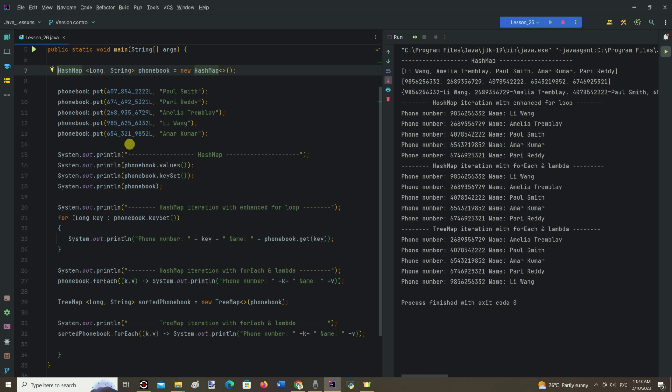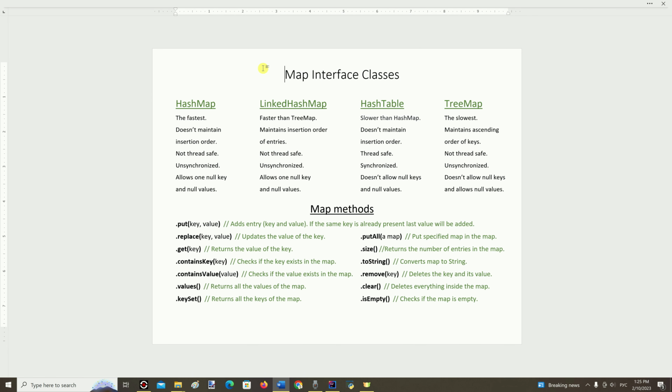Each key and value pair is known as an entry. Hash map is the fastest, tree map is the slowest, linked hash map is faster than tree map, and hash table is slower than hash map.